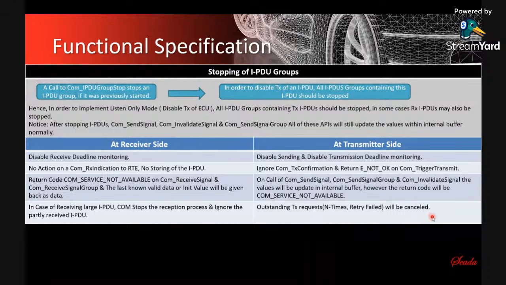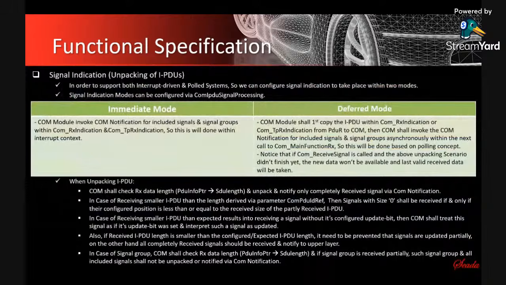Okay, at this point of time, let's talk about the signal indication. The signal indications mean whenever the receiver has an IPDU and extracts the signals from this IPDU, what's happening here, how does he do this? Since any software system right now supports both, either it's interrupt driven, so I have some signal coming, I raise an interrupt, I do everything I want, or the polling system, which means I handle everything in my periodic functions, which are like the main functions for the COM, for example. So right now we can configure signal indication to take place within two modes in the COM,